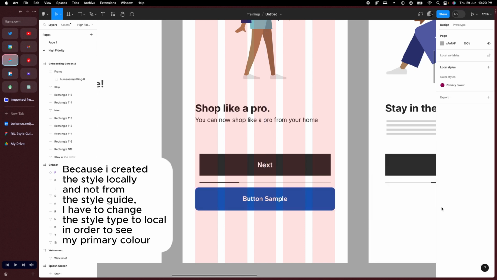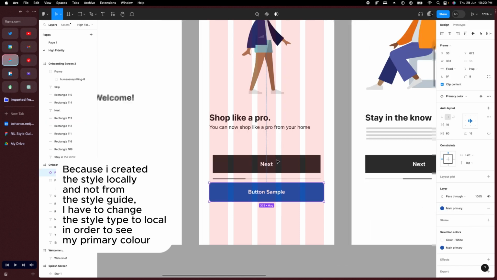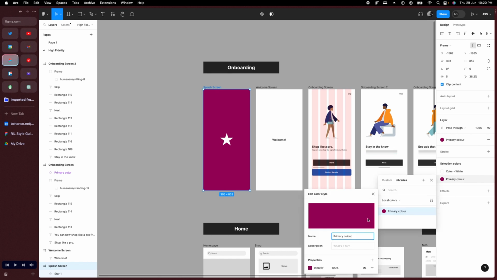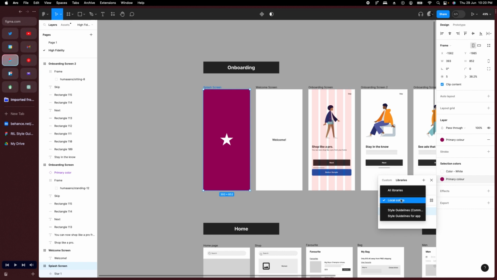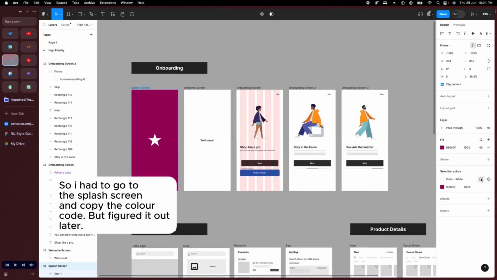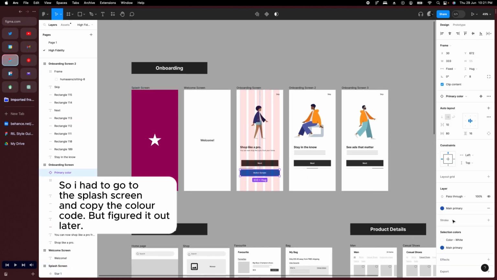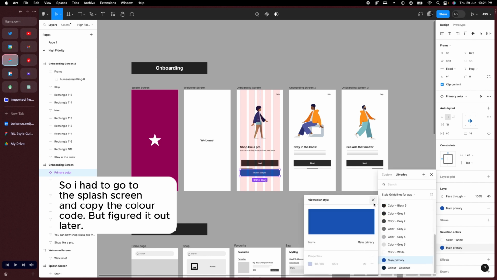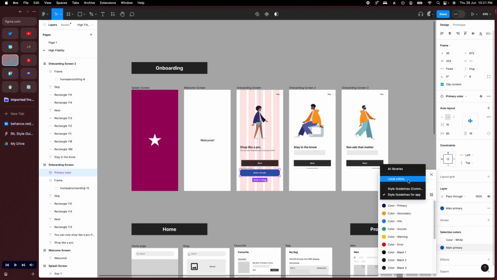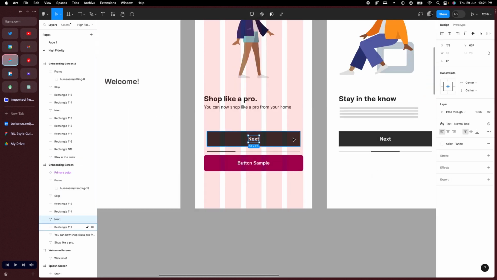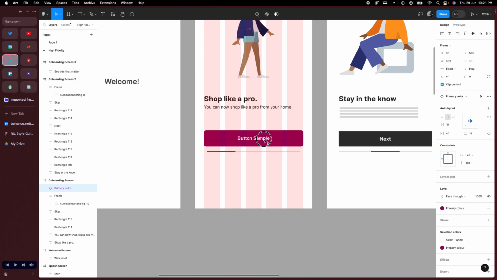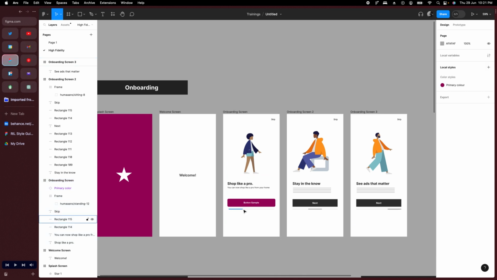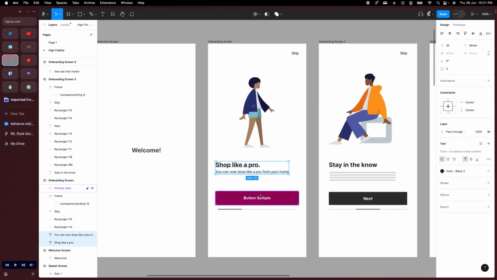I can't find it on my style, which is this one. So I'm going to pick the color and change this blue to our primary color. So I have to delete this and take this up. So now I have this. I will just turn off my grid so I can see it perfectly. Take this up,